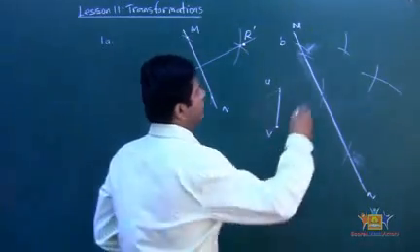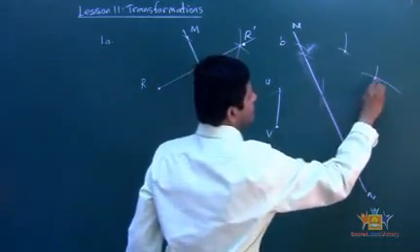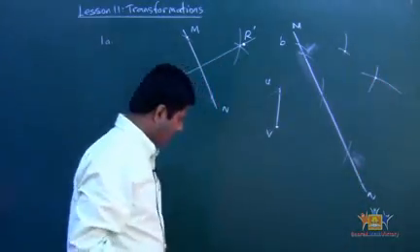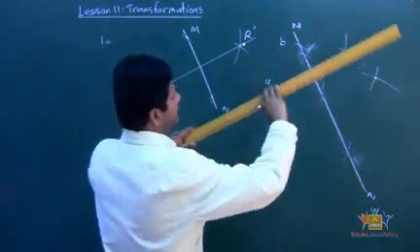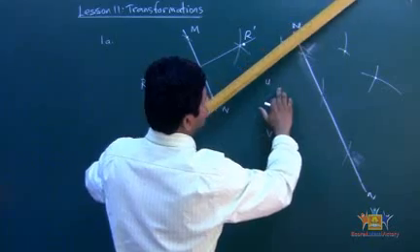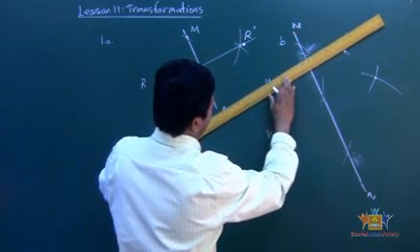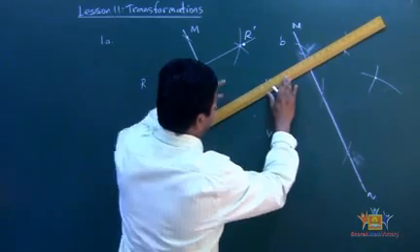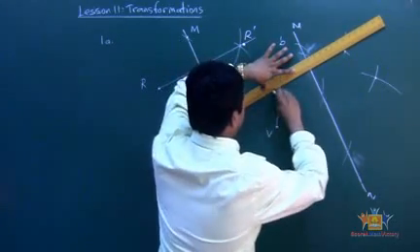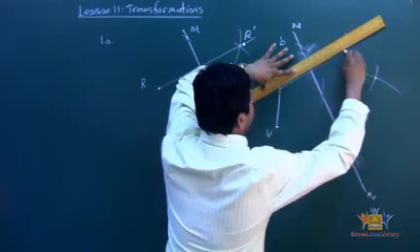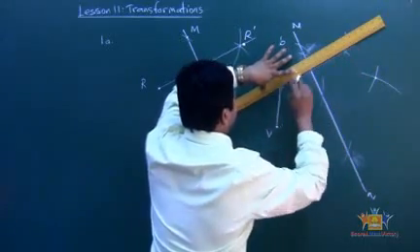I'm looking for these two points, and this one. My goal is to create a perpendicular line from point U to the MN, the line of reflection. So I'm going to join those two points. Okay, I'm going to join these two points right there. That's the perpendicular line right there.